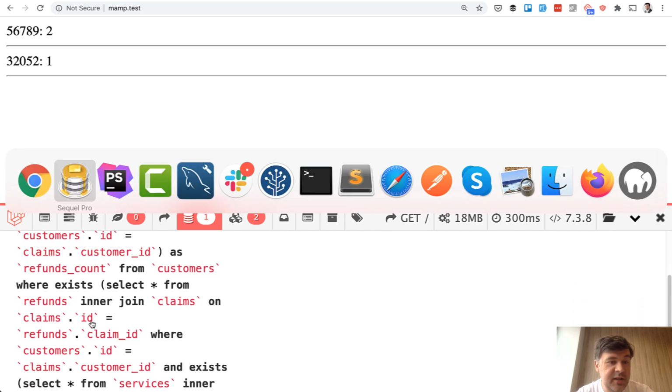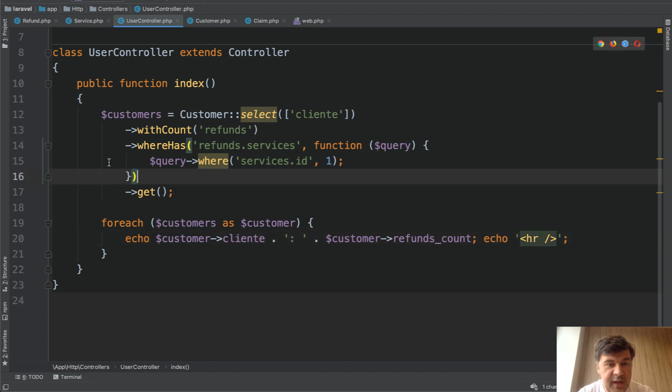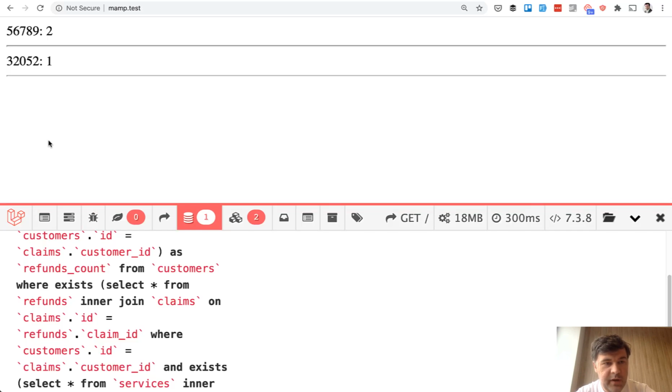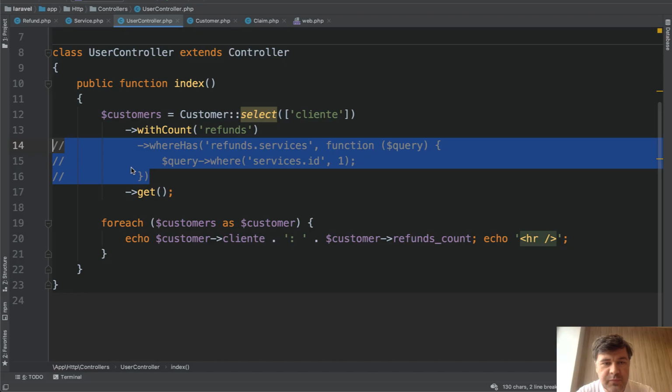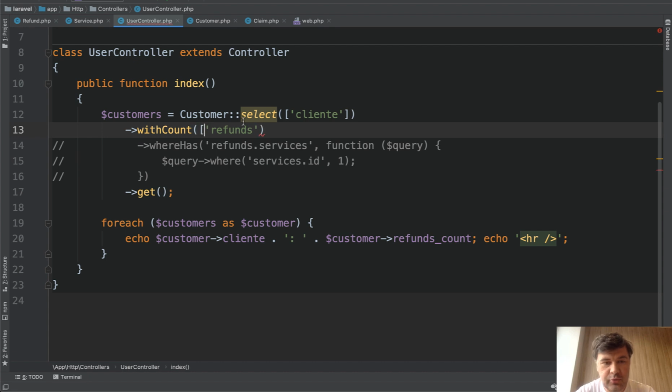So maybe it's better, let's actually experiment. Let's remove that, refresh our page. We should have a more simple query, but now that one customer isn't filtered out. So let's try to load that withCount, because withCount can accept a parameter. So if we do refunds and then have a callback function,